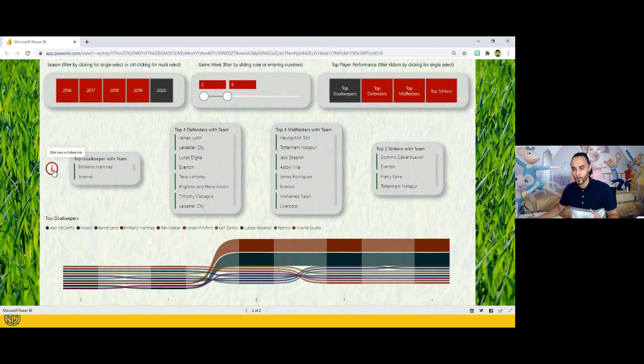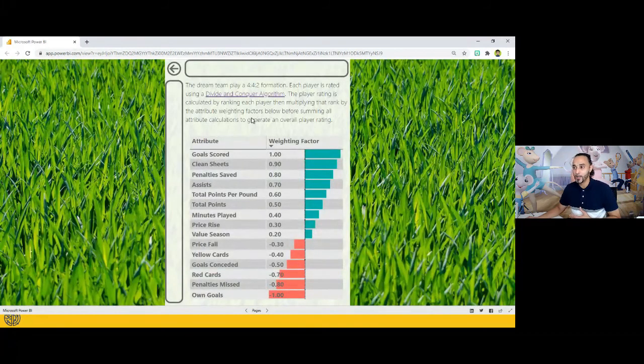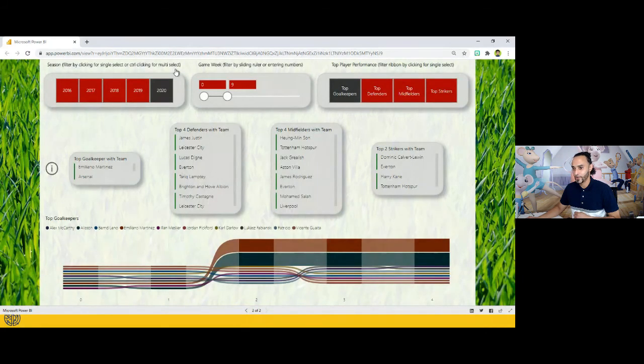Again, he foresaw what Ben was doing this afternoon and gave us some help, with more information on the dream team. Play a 4-4-2 formation. Each player is rated using a divide and conquer algorithm, which has a link to a Wikipedia site, again giving help to the user, giving information, and then all the weighted factors on how he's scoring each of these values in here as well.